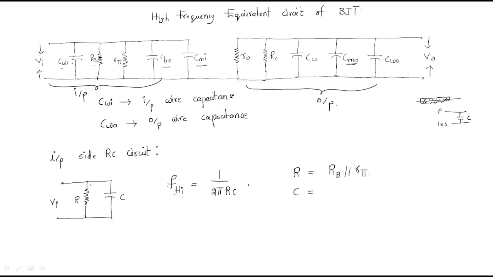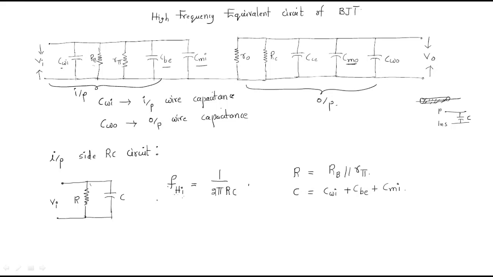Whenever capacitances are connected in parallel, the total capacitance will be added. So I can write the C value is nothing but CWI plus CBE plus CMI. Okay, so this is for the input side of the high frequency,